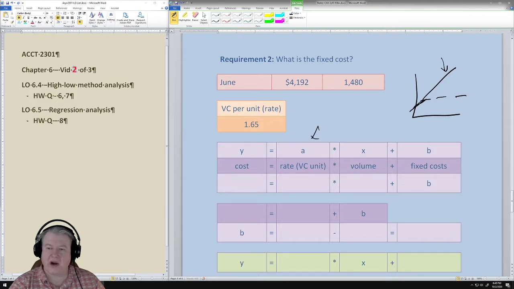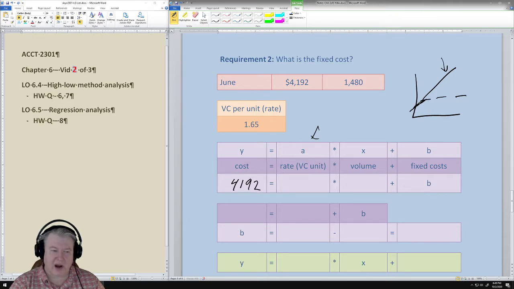In other words, where is the fixed cost point? So we would plug those in. This is just pulling out the information that we had before. Like I say, you could take the high or the low. This just happens to be the high again. So we would say, okay, the high cost, and this is the rate that we just figured out from the previous page. So the high cost is